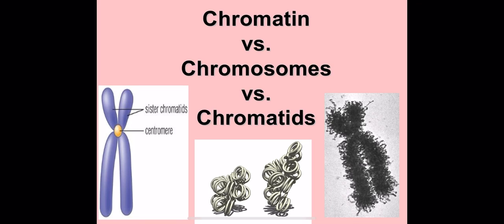So chromatin is the loose stuff, non-dividing cell. Chromosomes tightly coil it up. This happens when the cell starts to divide and undergoes that mitosis process. It's the rod shape that looks like an X, both halves together. The sister chromatids then would be one half of that X shape, and they are joined together by that little yellow dot, which is called the centromere.